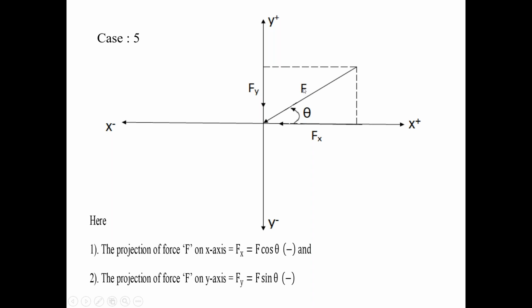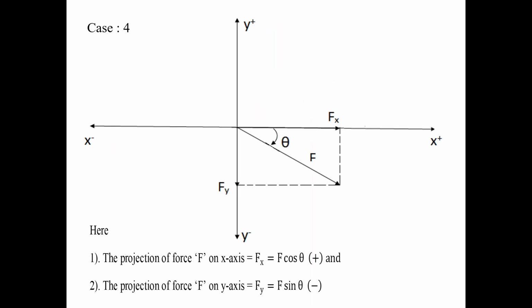Dear students, in today's class, I explained the first condition in this projection of force. In the first condition, the force F is in the first quadrant. Just recollect that first condition. In condition 1, the force F is in the first quadrant, making the angle theta with the x-axis. We discussed in that first condition, Fx is equal to F cos theta, positive. Fy is equal to F sin theta, positive. I am going back to that condition 1.